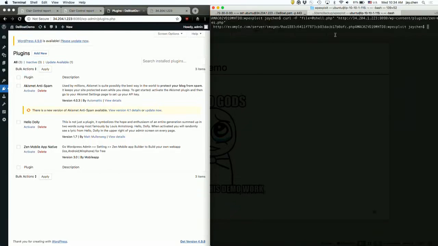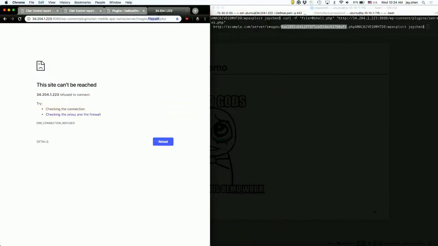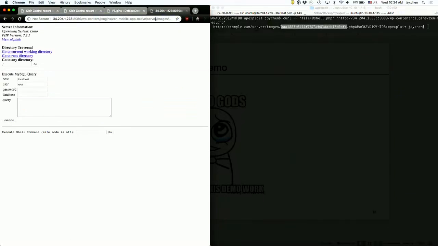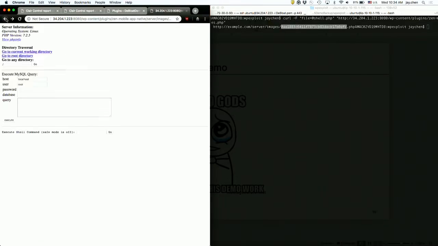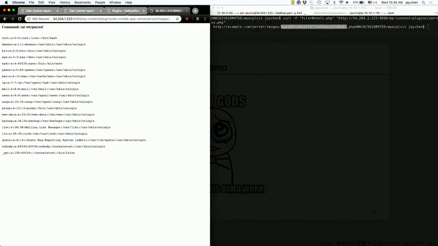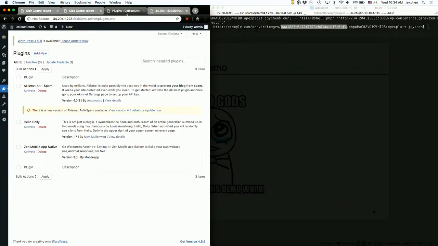So now I have successfully uploaded a file. And next, I will try to access this file from here. So this is the script that I just uploaded. And with this script running, basically the attacker can do anything in the container: download, edit, or delete any file. And any command can also be run here. So we see the issue here.